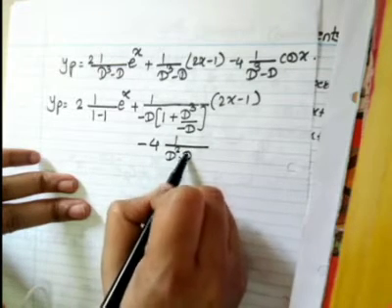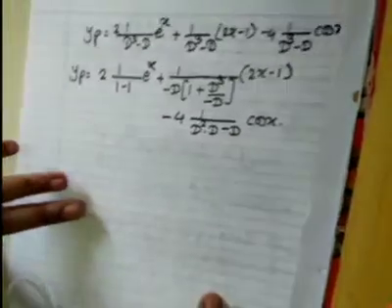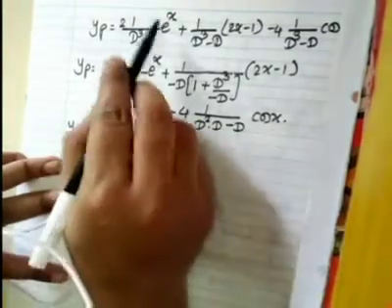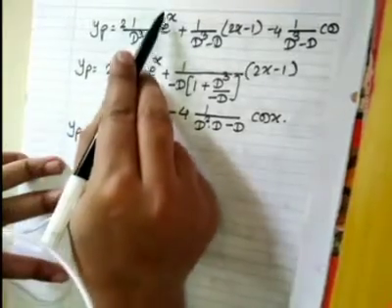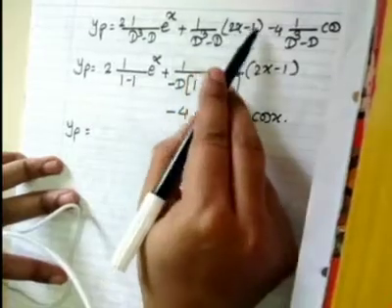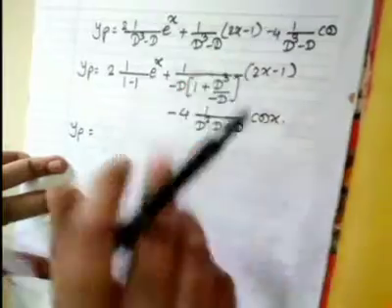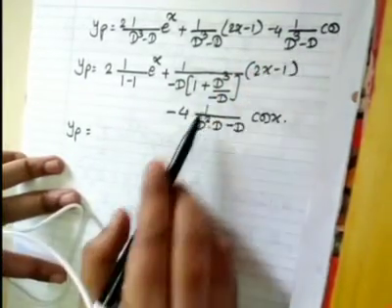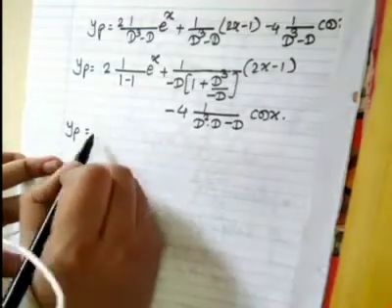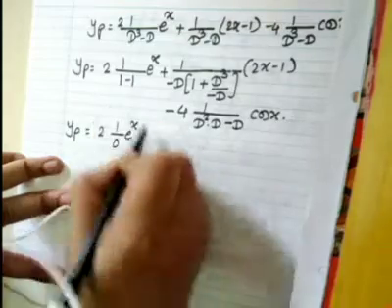D square into d minus d cos x. Any doubt in this step? For the e case, we substitute whatever is the power of e in the place of d. Second, for the polynomial, we take the lowest degree term out and write 1 plus minus whatever is there. And for the cos case, we need d square, so we write it in d square. That is the case of failure.